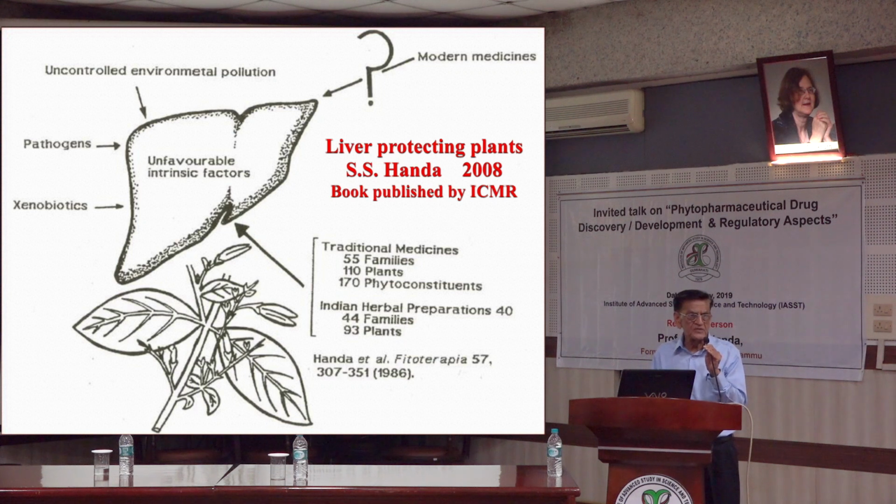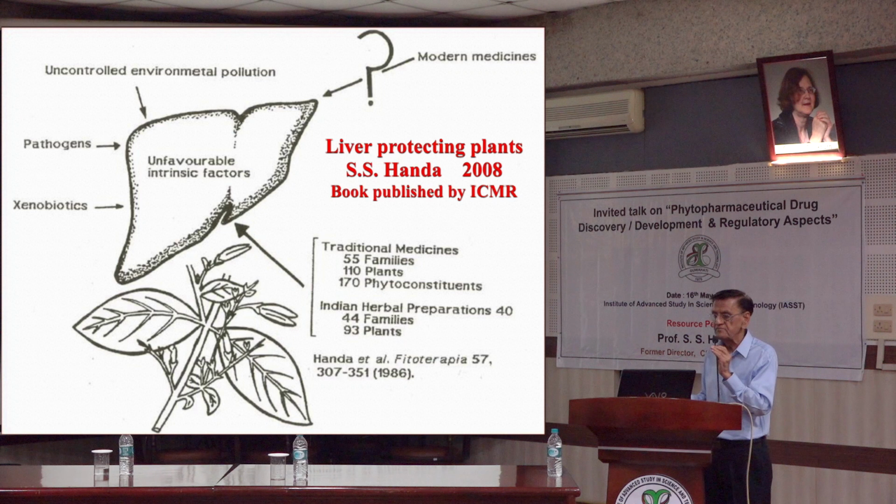Liver protecting, of course, this was at one point of time an area of great interest to me. But subsequently, I shifted from liver protecting to other areas. But a lot of plants have been identified. You would find a book written